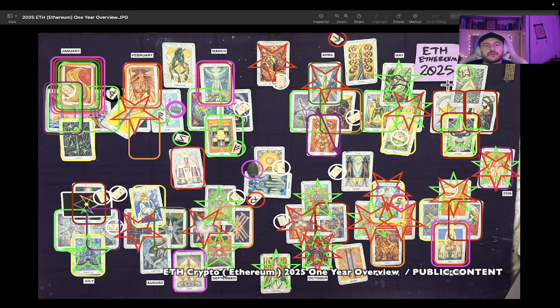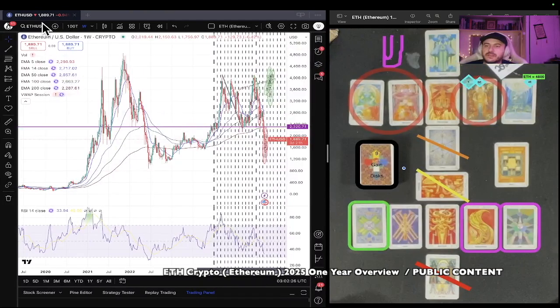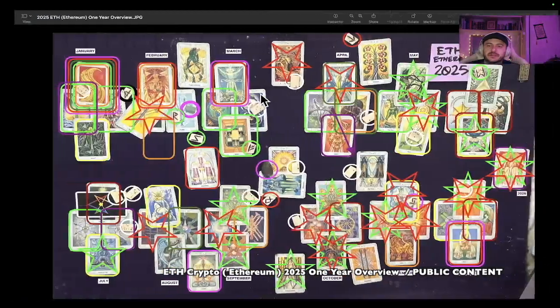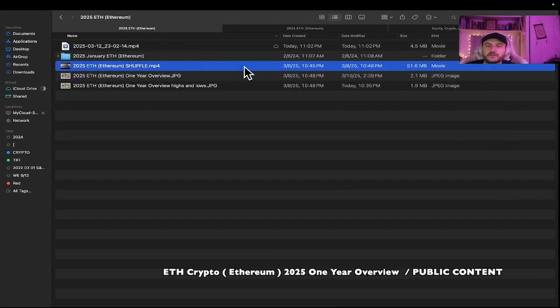This is the Ethereum one-year overview reading for the year of 2025. It's currently March 12th, 2025, 11:02 p.m. Eastern Time. Ethereum at the time of this reading, $1,889.71. That's USD. And the shuffle video for the Ethereum 2025 reading was created on March 8th, 2025 at 10:45